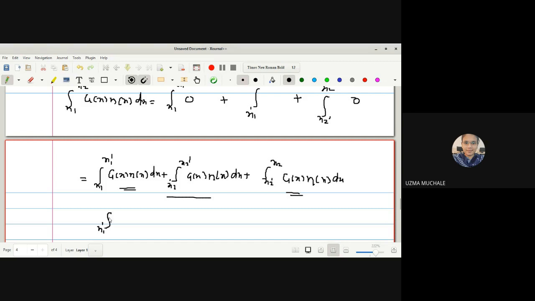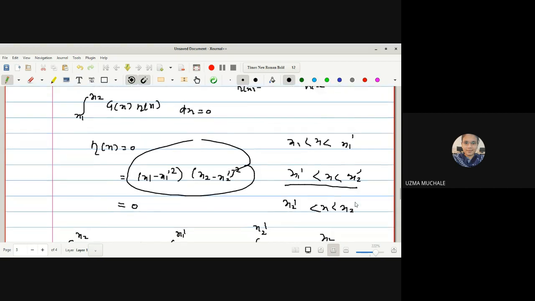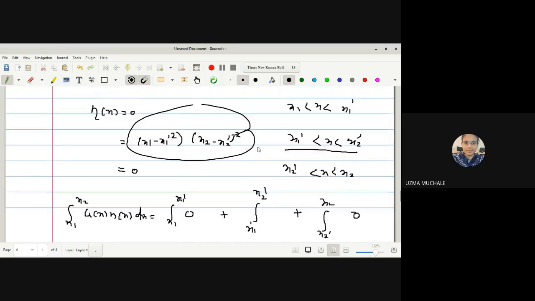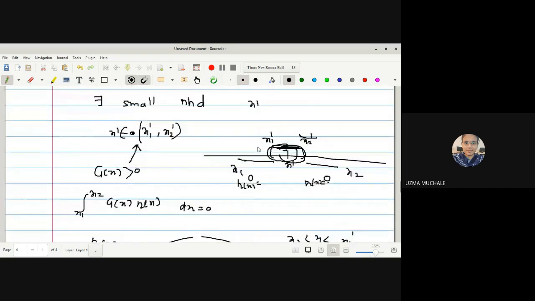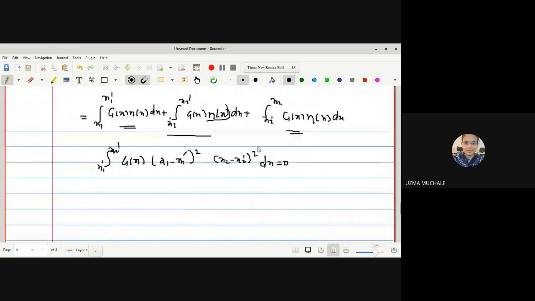So the integration x1 dash to x2 dash, g of x as it is, and what is the value of eta of x? We have assumed the value of eta of x in this interval is (x minus x1 dash) squared and (x2 dash minus x) squared, dx, equals 0. Why is it 0? Because it is already given, no? We have been provided that the integration of g of x and eta of x is equal to 0. We are solving the same equation with the help of some